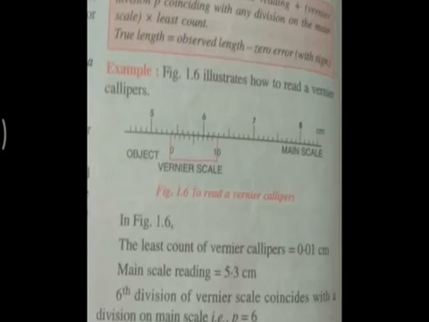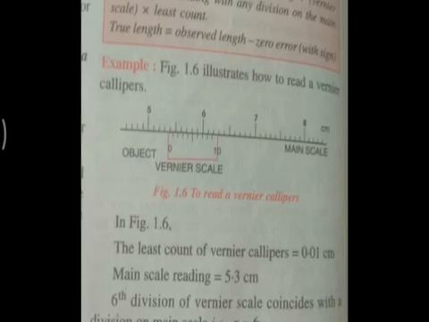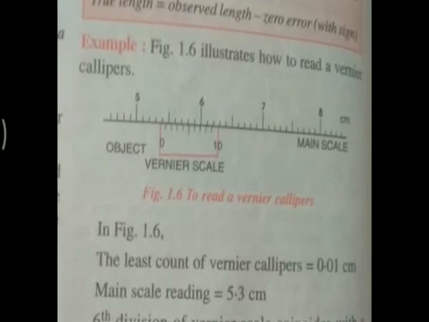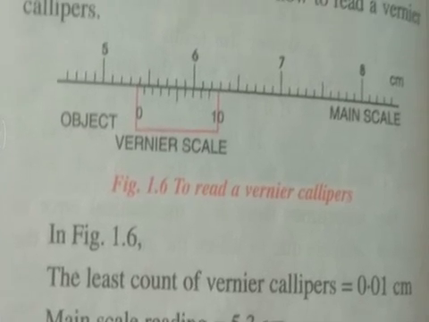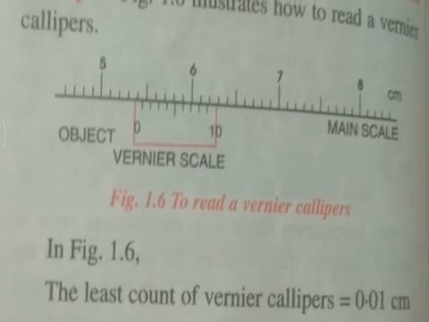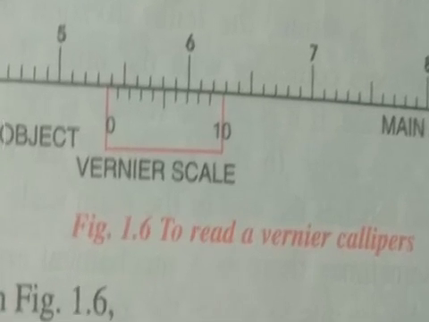Now I'm taking an example over here of how to read the vernier caliper. Over here, see, the zero of the vernier scale is lying ahead of 5.3. See, it is 5, so 1, 2, 3. The vernier scale zero is lying in between 3 and 4. That means our main scale reading is what? It is 5.3, right? Now, we need to calculate the coinciding division. See the coinciding division. See, first is not, second not, third not, fourth not. See the sixth one. It is making a complete straight line as compared to the other ones. So the coinciding division over here is how much? 6, right?